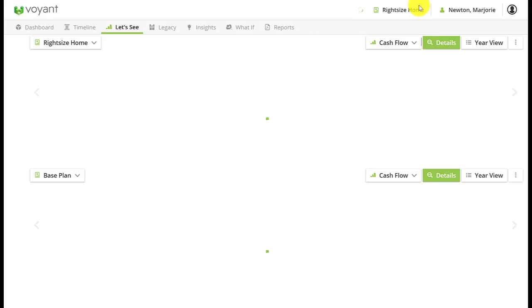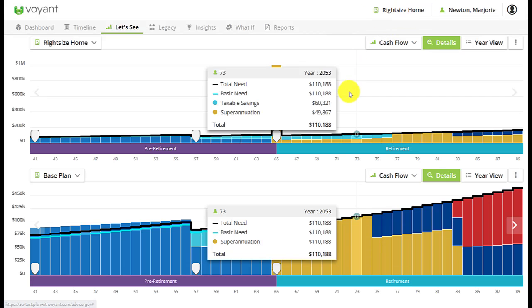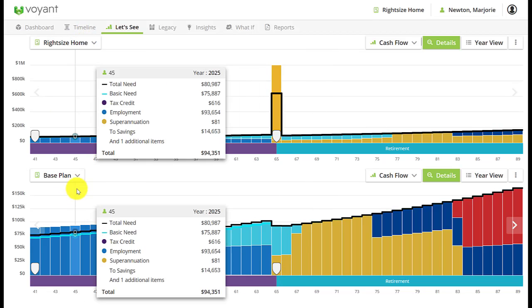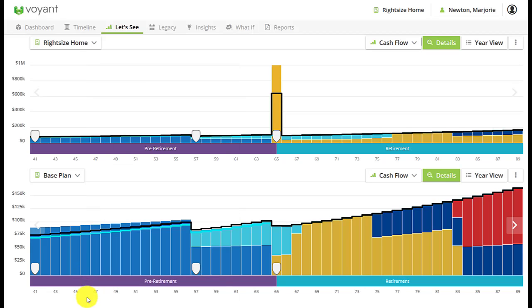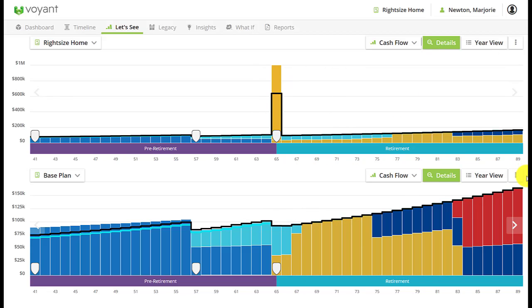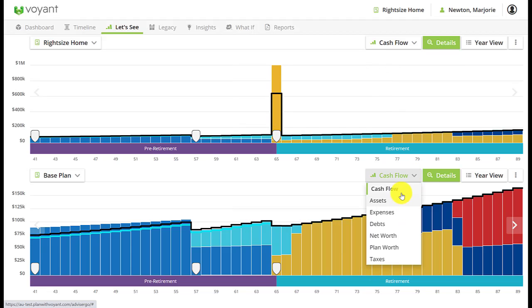Up the top right here, you can now see right sized home as your what if scenario, and the top chart shows right sized home compared to the base plan, which is when the property is in the plan without being sold and downsized. We can see now there's no red in the plan in the latter years, and if I go to the assets chart for both